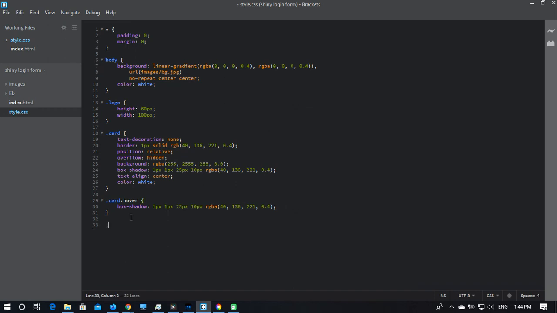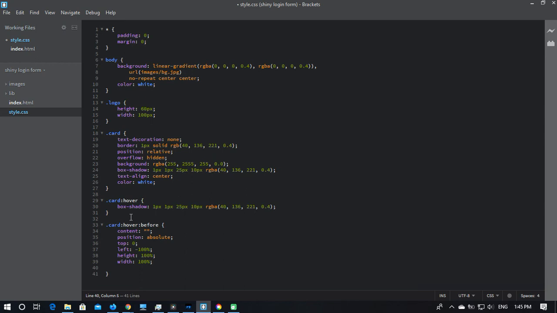And over here, I'm going to use .card:hover, yes, ::before, content nothing, position absolute, top 0, left minus 100%, height 100%, width 100%,